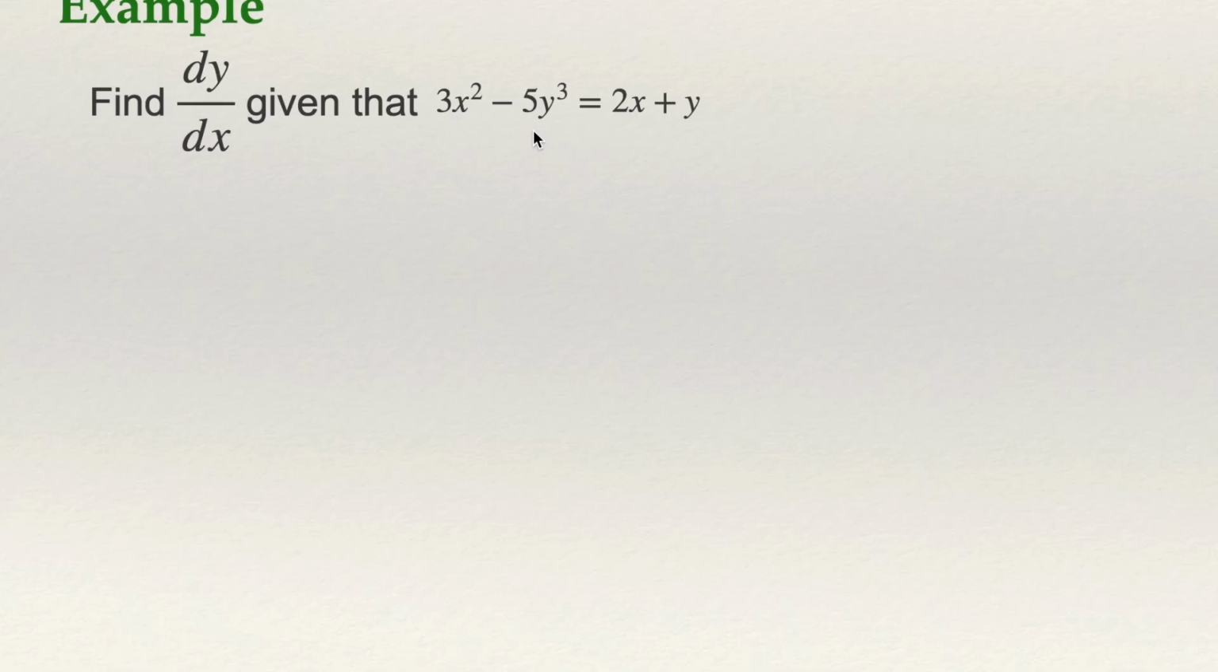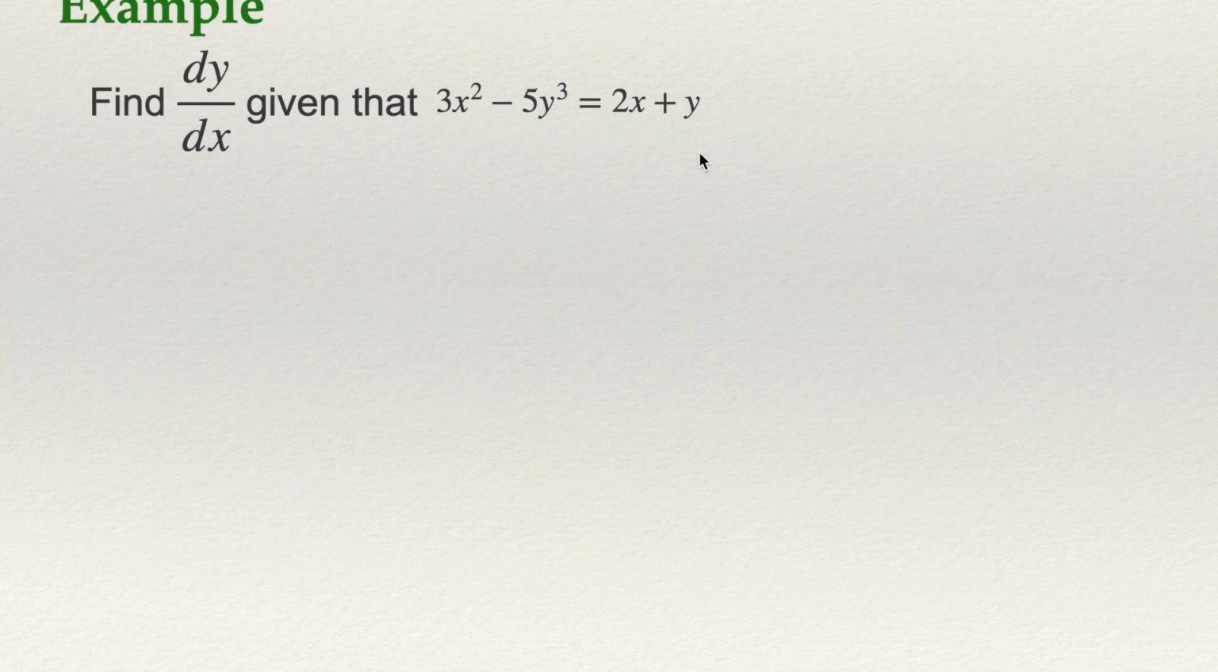Function in which the variable y is not isolated in the equation. So this equation is not solved for y, and we need to get the derivative of y with respect to x. A problem like this is solved using implicit differentiation. The variable y is not explicitly defined in the equation. So if you need to do that, the first thing that you need to do is just get the derivative